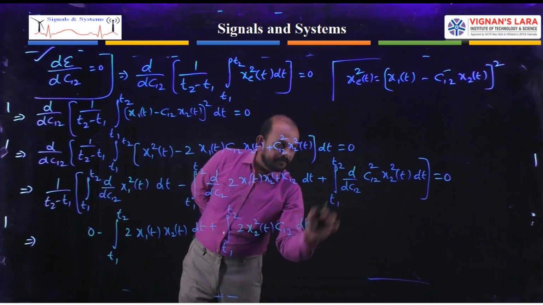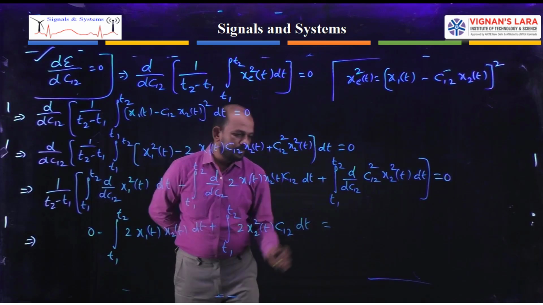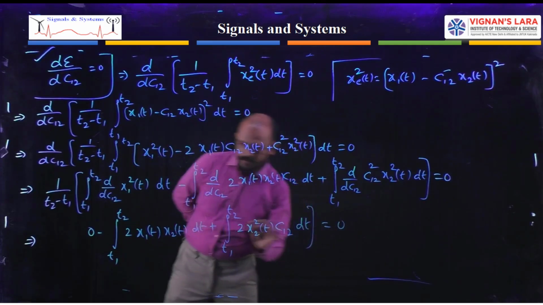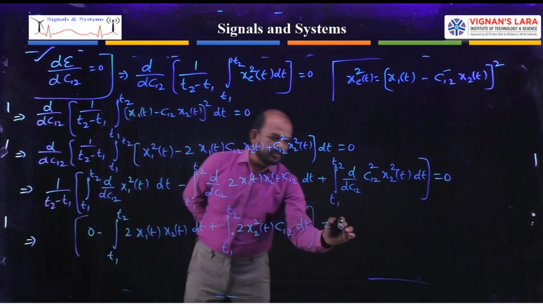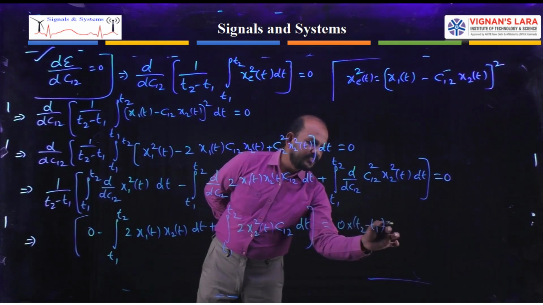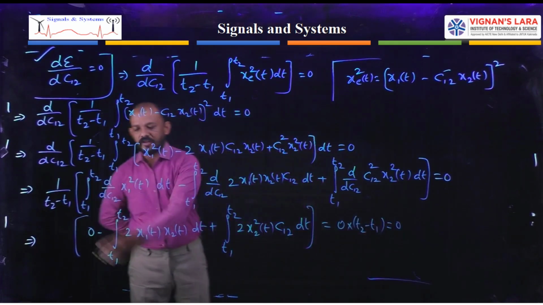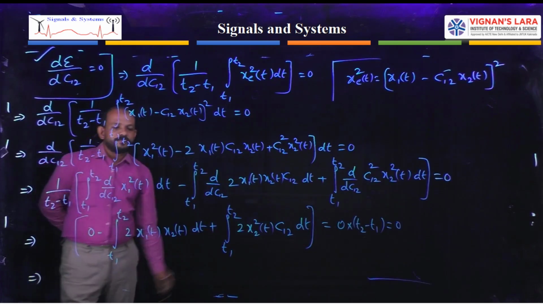Now dt. So this is one. That will be equal to 0. So t2 minus t1. Bring this side. 0 into t2 minus t1, which is nothing but 0. Okay, I have taken that one. Okay, and lastly, now